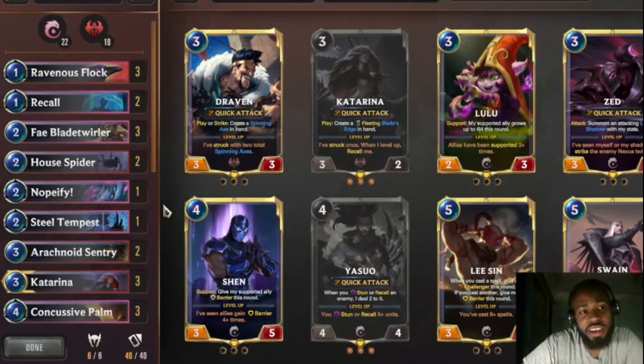He was running 3 Fox. You know, he doesn't really have much removal besides that. The Fox helps with the mid range. He's running Recall. Haven't seen Recall in a deck in a long time, but Recall is really powerful with 2-build Flame Blade Twirler as well as getting Yasuo level up, and you're able to use it again with House